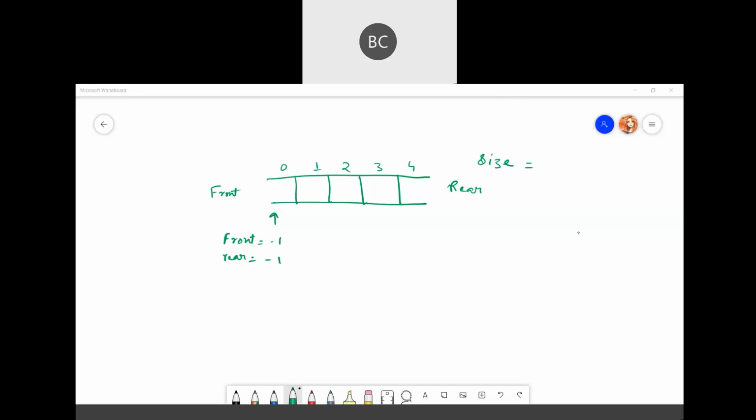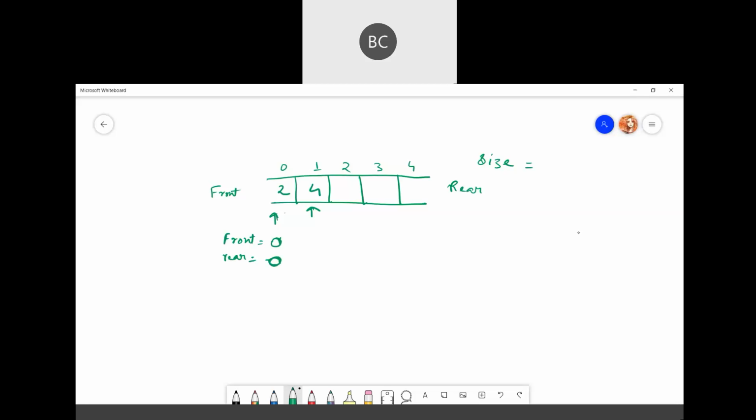Now, if you want to add something, what happens here? You add an item and you increase the rear. After adding something, the front and rear will be 0. Now both are at 0. Now you want to add some more items.